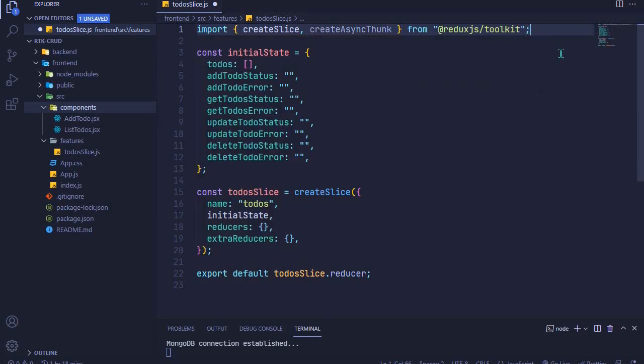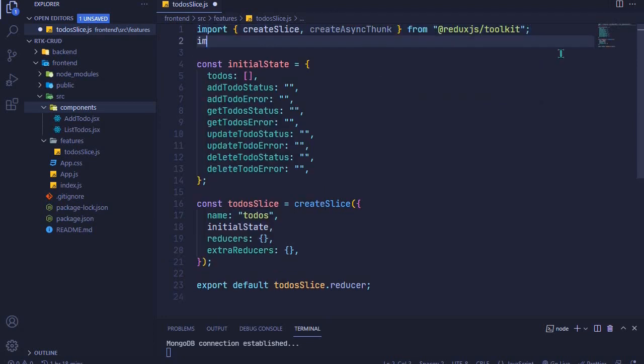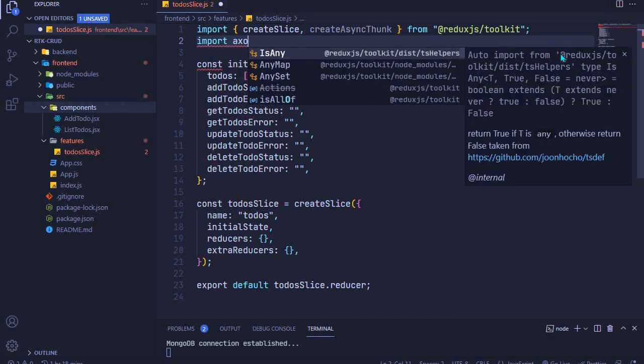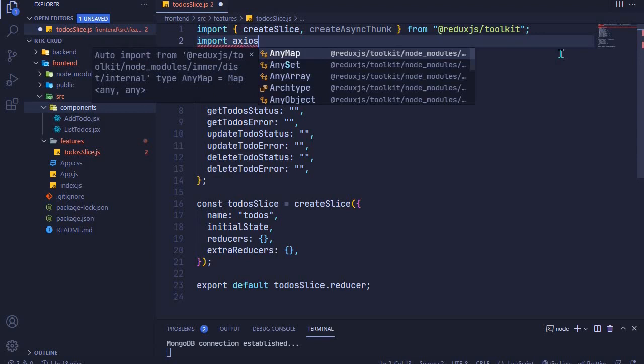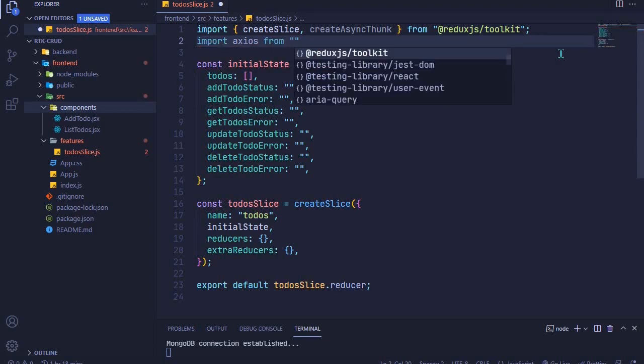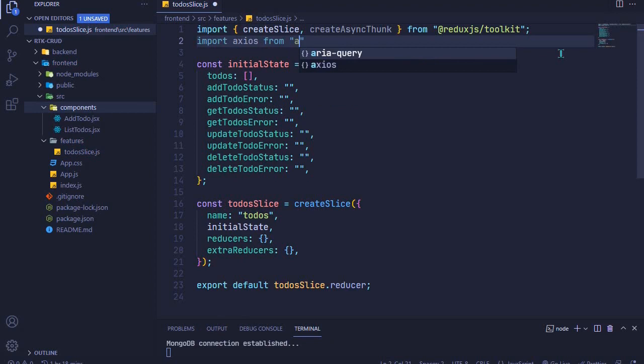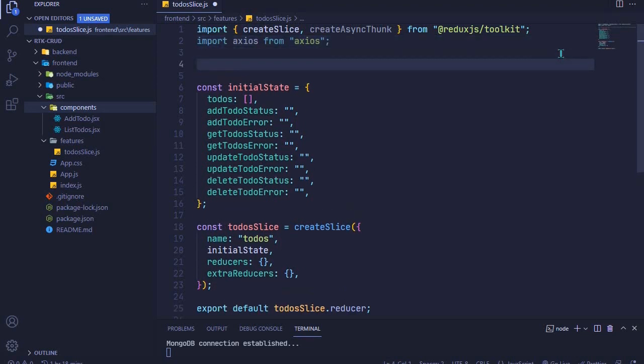Okay, and then we will also import Axios. So I'll say import axios like that, and this will come from axios. So we'll use Axios to make the HTTP request. So I'll also import Axios right there. Okay, cool. And then right here I'll create a constant for the base URL. Okay, so let me show you. So right here I'll say const baseURL